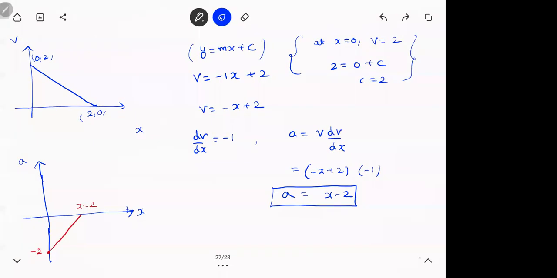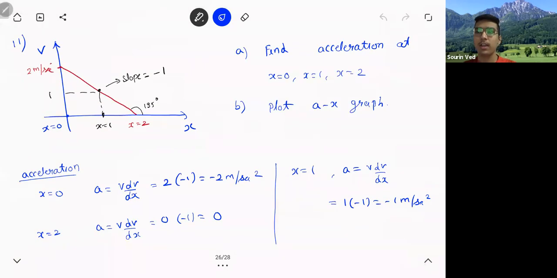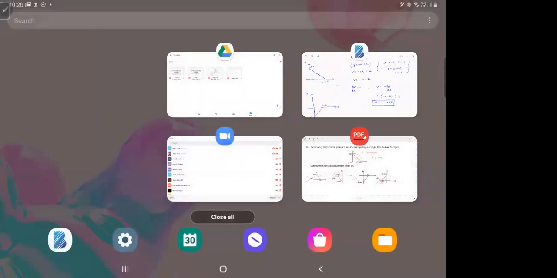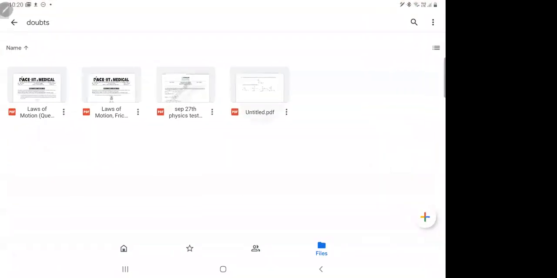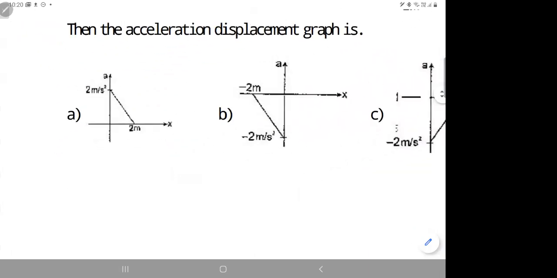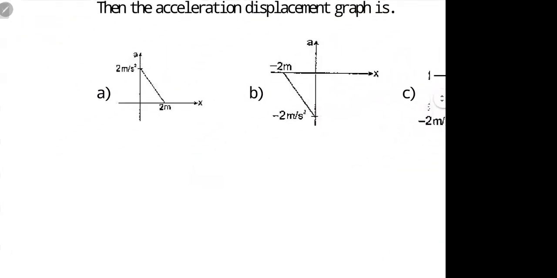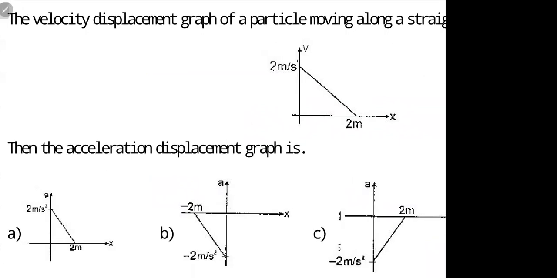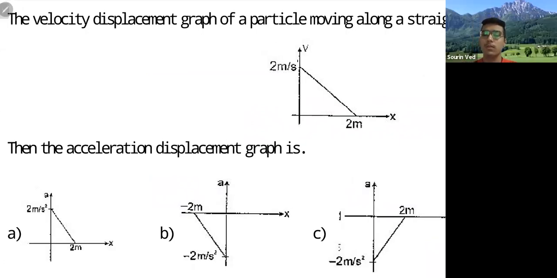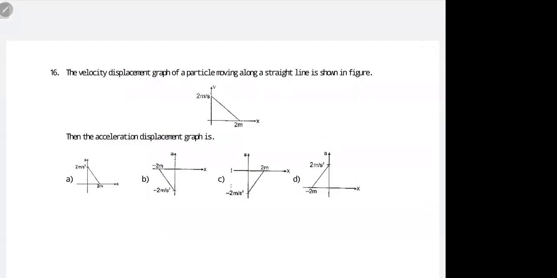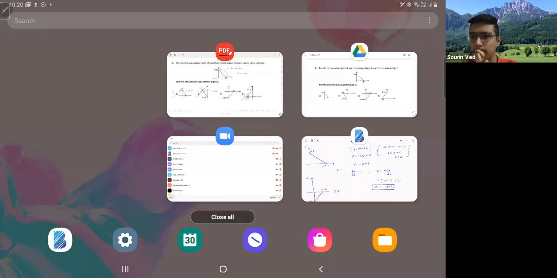So let's see, this is the answer for this. Sorry. Sir, in that question, can you tell again why A is wrong? In that PDF you showed, why A option is wrong? अरे देखो ना, in A, A is positive, +2, but acceleration is negative ना. X is equal to 0 पे acceleration कितना है? तो -2, isn't it? So your graph should start with the -2. Fair enough.